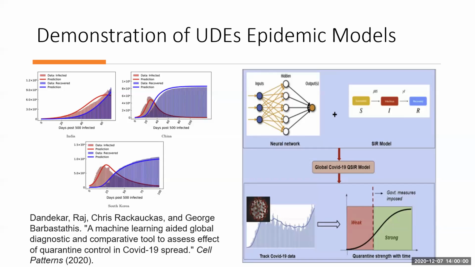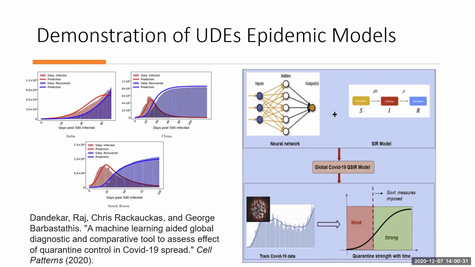And so the way I really like to dig into this is I'm really a fan of doing the easiest example to be able to explain the concept first. And so the nice example that we have is something derived from a recent publication we had in Cell Patterns, which is about using universal differential equations in epidemic models. So the way this looks is we really ask the question of, when you're trying to understand what's different about the pandemic between different countries,